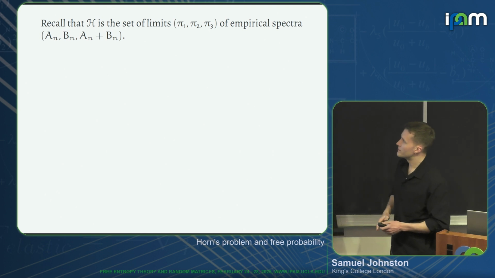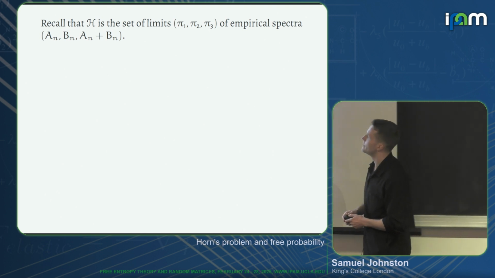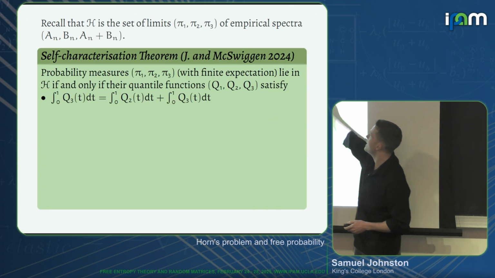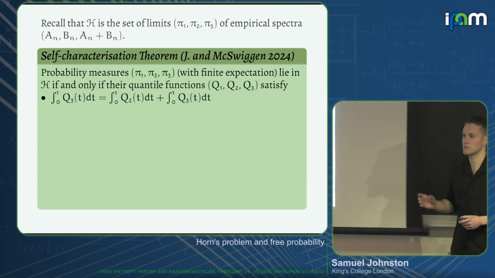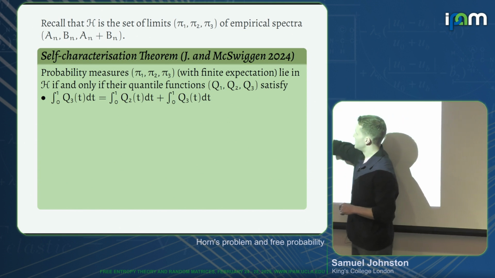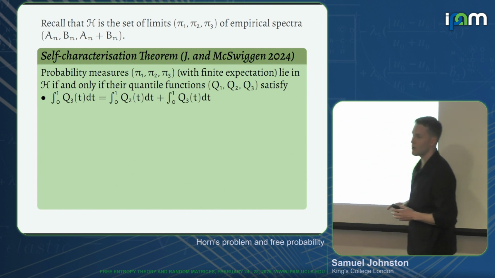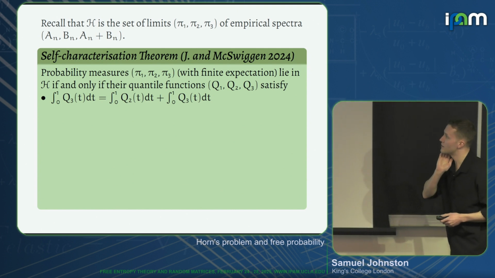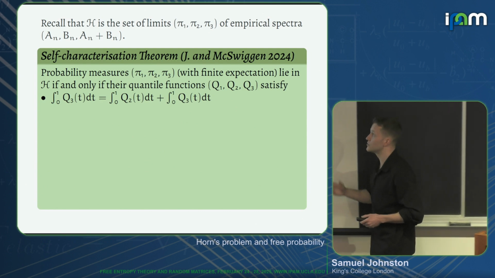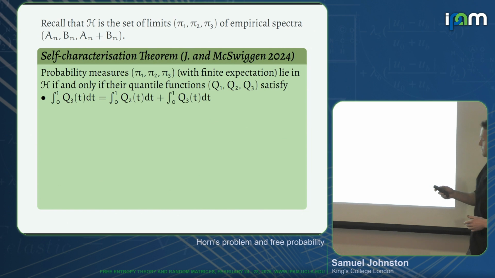And it turns out that our main result here is a weirdly self-referential result, that the set H somehow characterizes itself. It's a bit of a strange statement. There's a lot of stuff that's going to suddenly appear here. But a triple of probability measures, pi1, pi2, pi3, lie in H, i.e. they occur as limiting empirical spectra of sums of matrices,